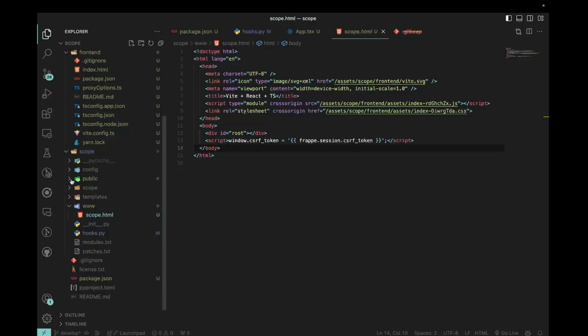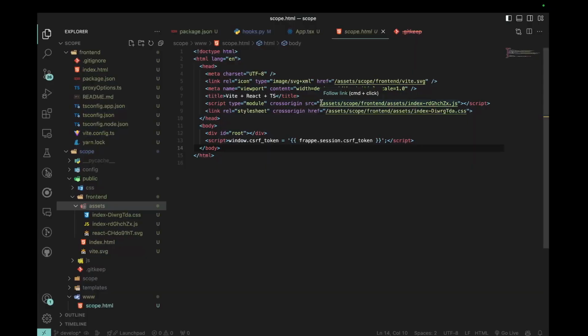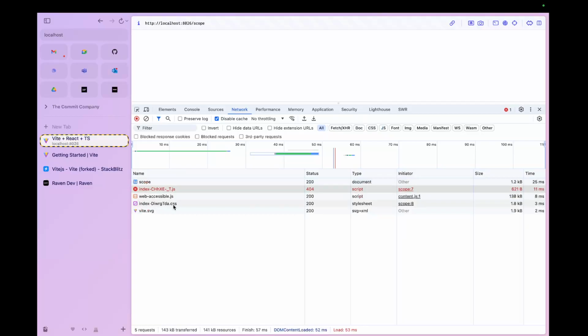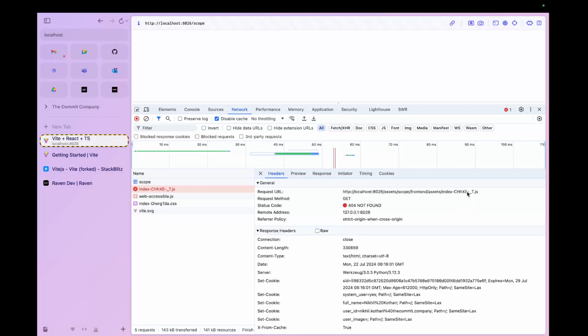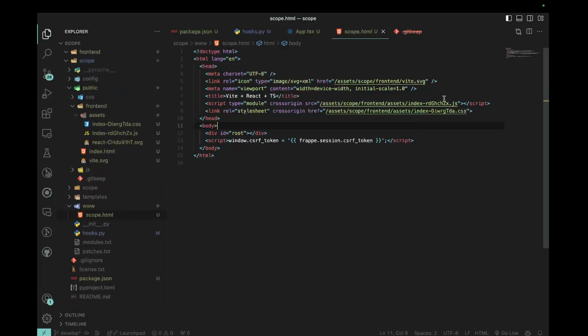So let's look at the build output, right? Public frontend assets. That seems to be correct. Yeah, this seems to be correct in my opinion. I'm not entirely sure why that wouldn't work. If I go for all, I mean the CSS file is loading, so what's the problem with this? Okay, the JS file is named different, but